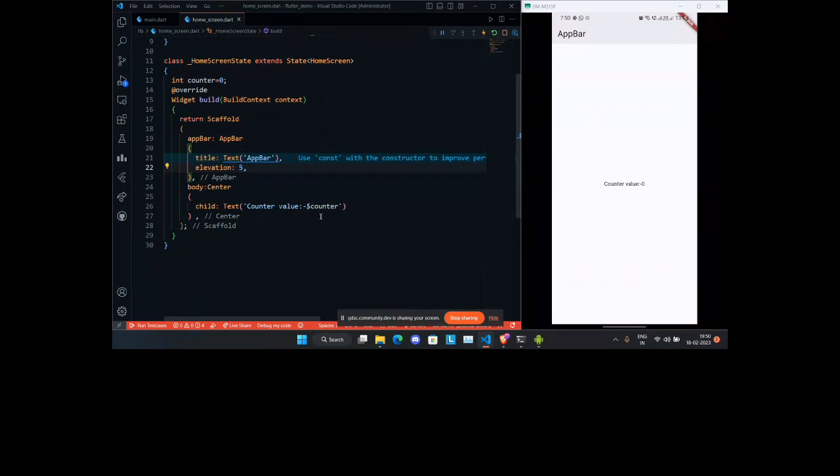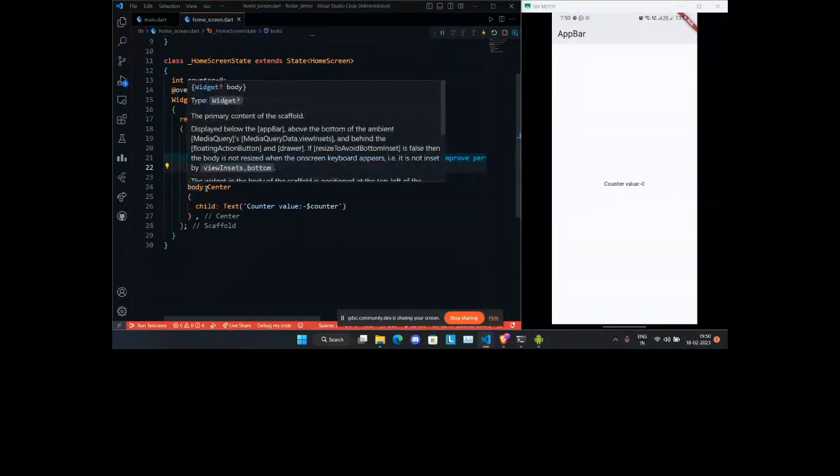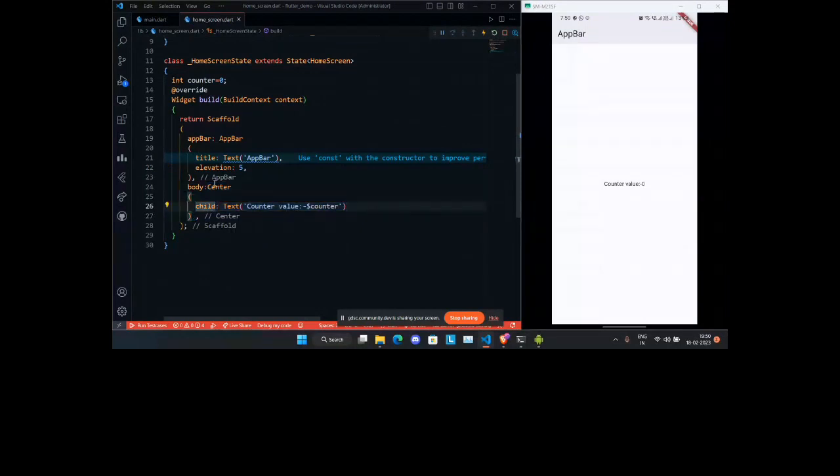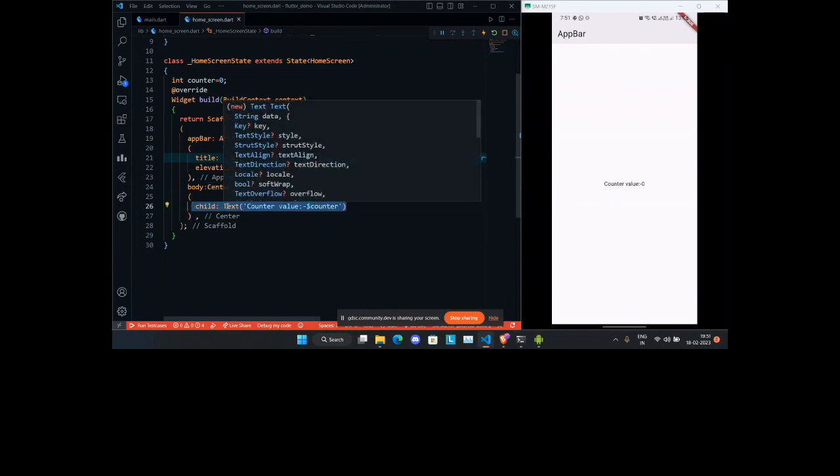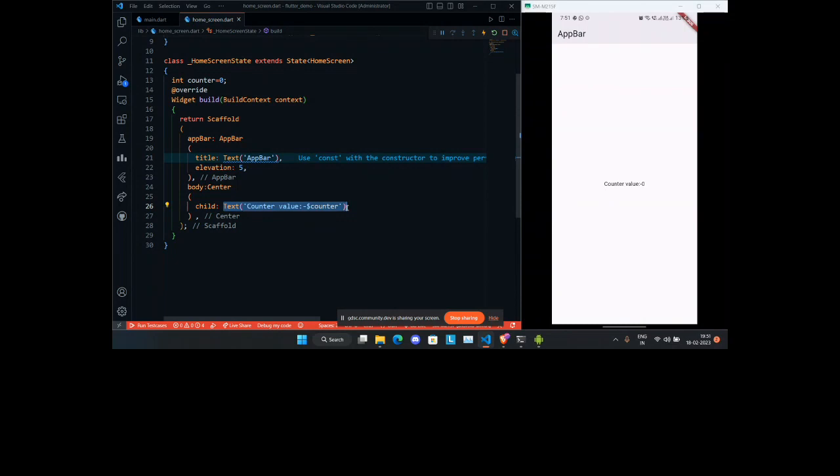So what I basically did here is, inside the body I said whatever is inside the body should be centered. For that I wrote this line, center, and I gave center's child a widget called text. And inside text I gave it an input of this string, which is saying counter value and dollar counter.